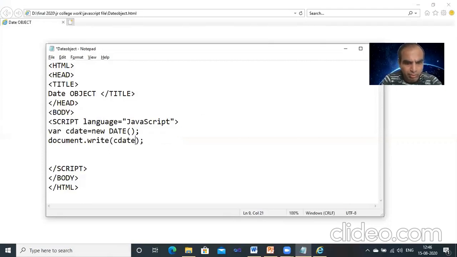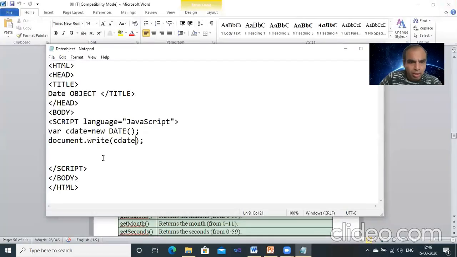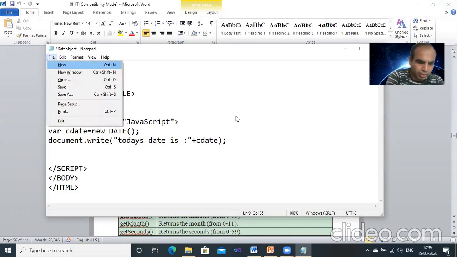See that now example. File save, refresh, we can't get it now. document.write I said today's date is plus cDate. File save.